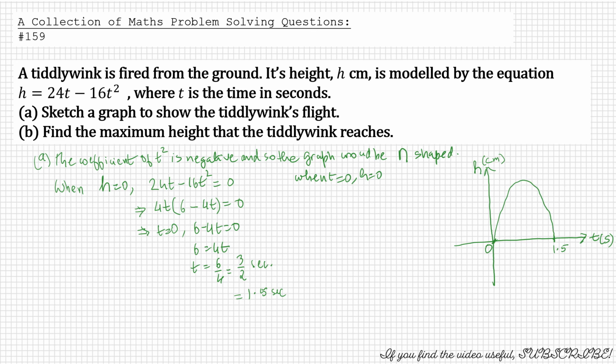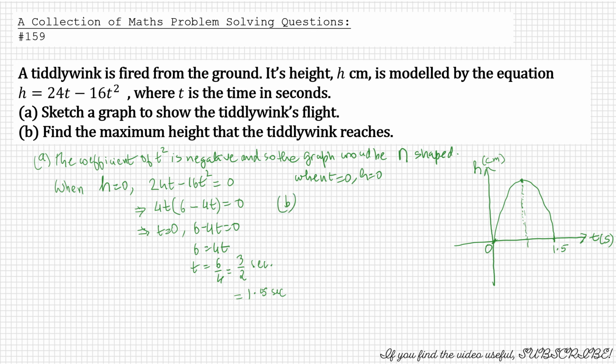If this is the best graph I can draw, then this would be the maximum height. That would be the path of the tiddlywink, and the maximum height, and this is the line of symmetry. Yeah, so that's done. So if I do the b part,